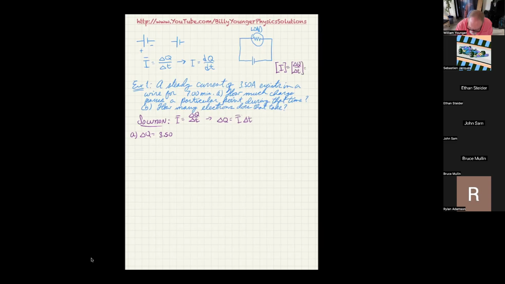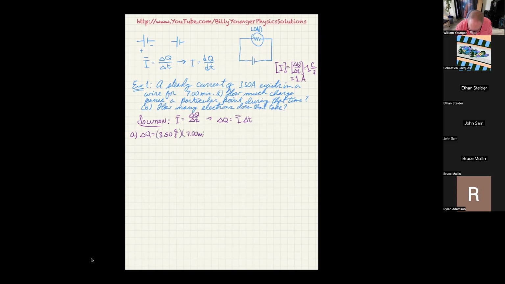And the units of Q, of course, are coulombs, and the units of time are seconds. And what we do is we define 1 coulomb per second to be 1 amp. So instead of writing an amp here, I'm going to write 3.50 coulombs per second for the I, and then I'm going to say